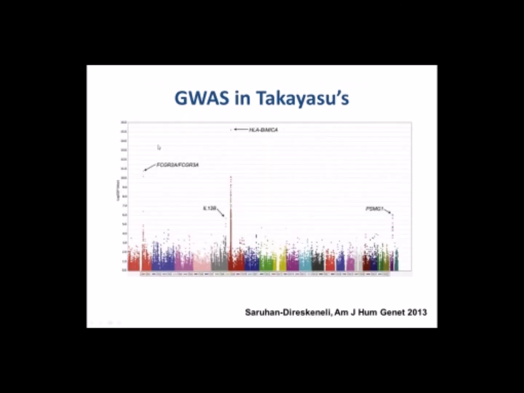So this is a result of a genome-wide association study in Takayasu's, and here again you see the HLA region that I keep talking about. Again, this was already known, but this is confirmed in a larger study as being the most important risk factor in Takayasu's. These things are called Manhattan plots. In our diseases, they often end up being what I like to joke is a Dubai plot. It's got one giant building in it and not a whole lot else. But there were a few other things that came up, which again will have to be investigated to see why they might be contributing to disease.